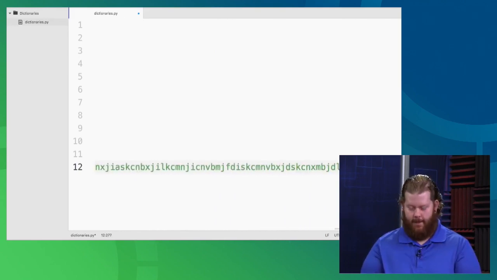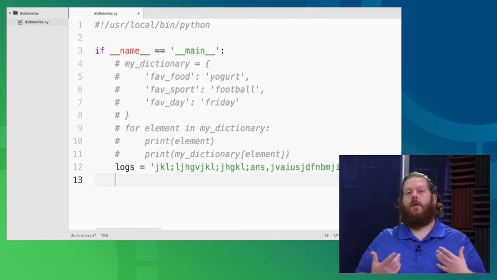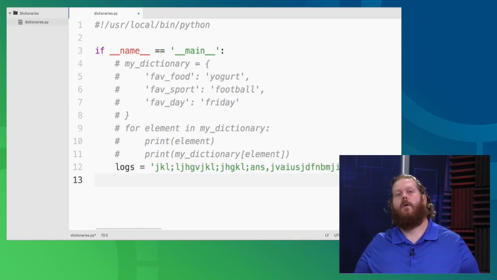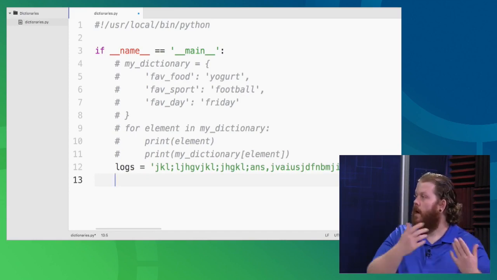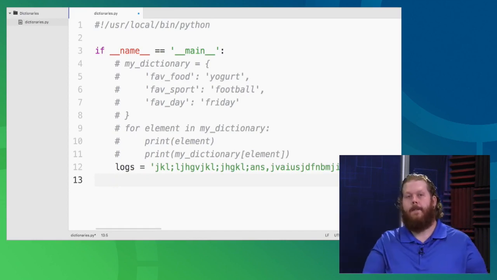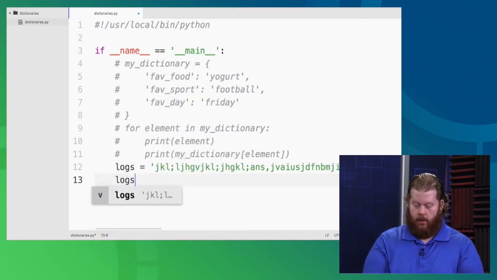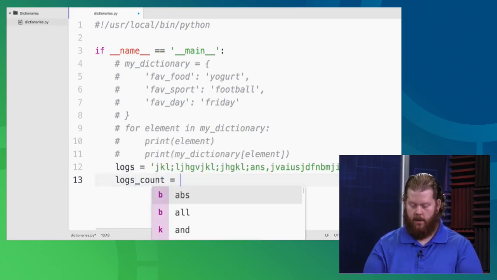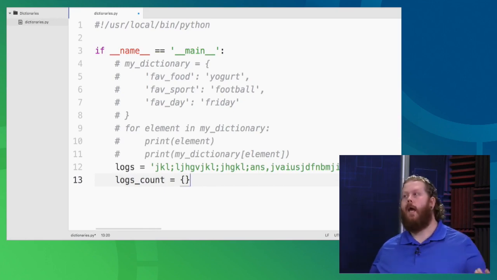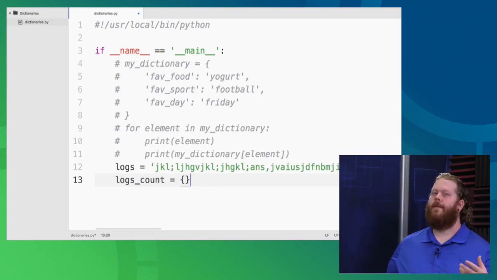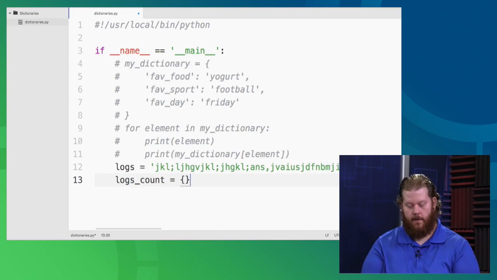Yes, it is. So here, right, I now want to count how many times a J appears or a K appears, which could be associated with an error or a log or a debug info. So I can say, okay, my logs count is equal to, and I'm going to create an empty dictionary. So I have a dictionary now. I can add and delete from it. There's nothing there, so I have nothing to delete. If I try to do that, well, I guess we could try that and see what happens. I think it's important to see the errors that we may come up with.